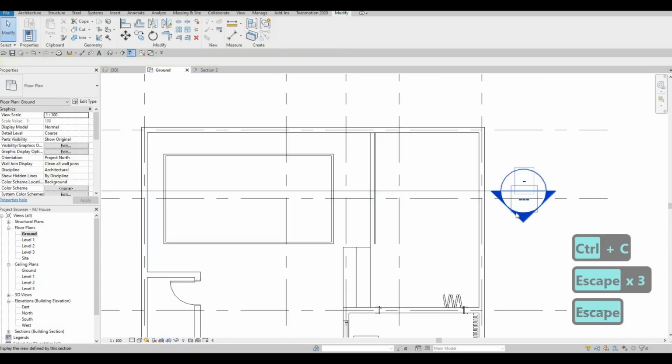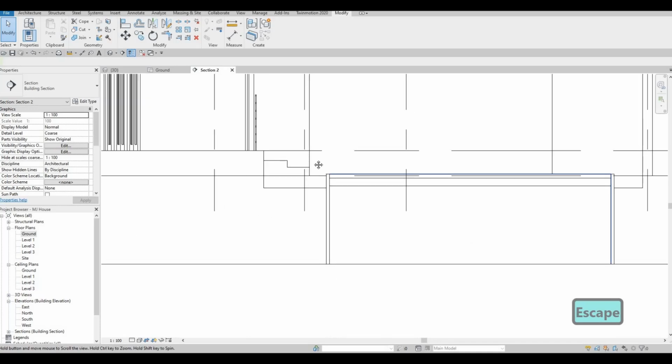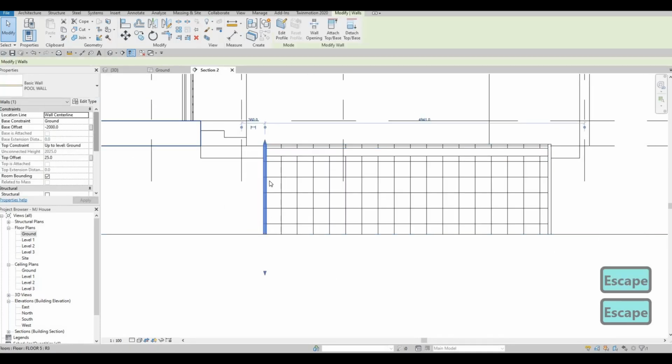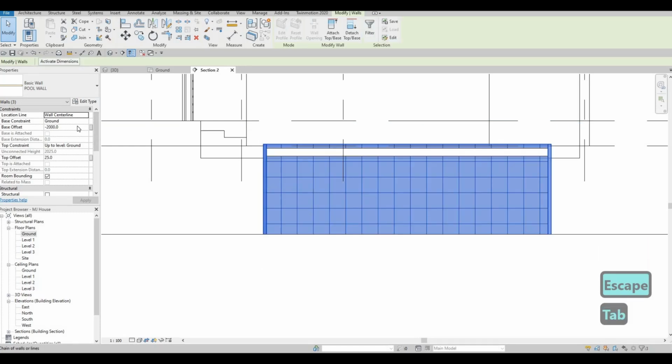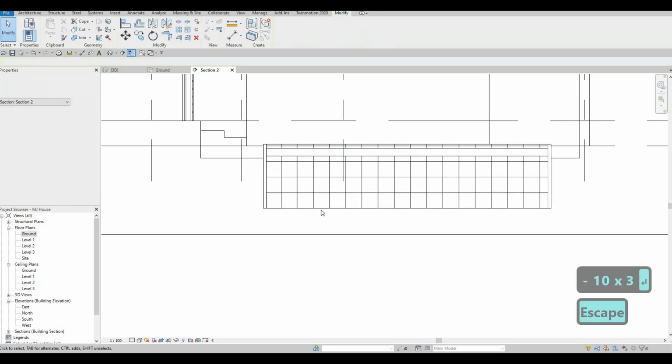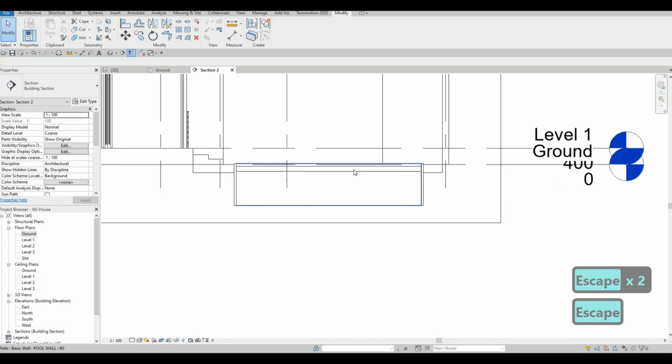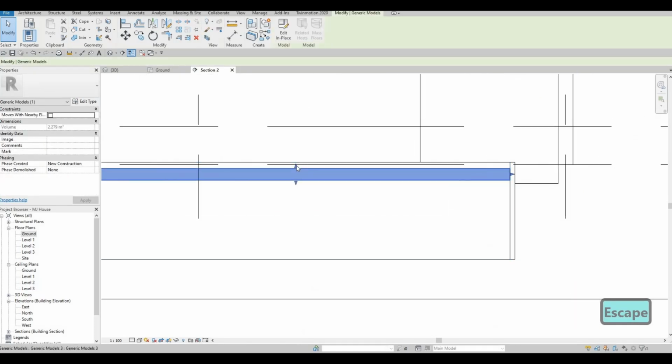And then here under section, what I'm gonna do as well is to pull all the walls, and let's just make it -1000. I think it's too much to have 2000. And then at the same time,